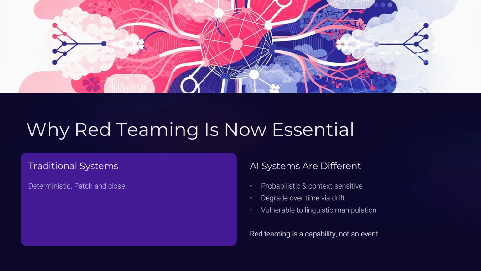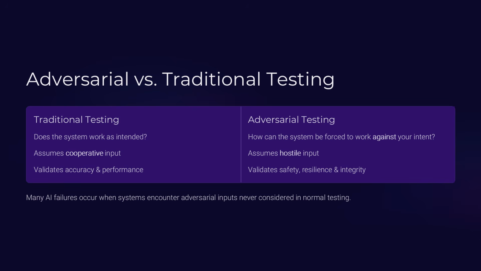This means a secure configuration today does not guarantee safe behavior tomorrow. Red teaming is therefore not an event. It is a capability. It is the disciplined practice of continuously probing the system for failure modes, manipulation paths, and unexpected outcomes. For leaders and architects, this creates a new objective: build artificial intelligence systems that can be tested, monitored, and improved continuously. Now that you understand the need, let us clarify what makes adversarial testing distinct.